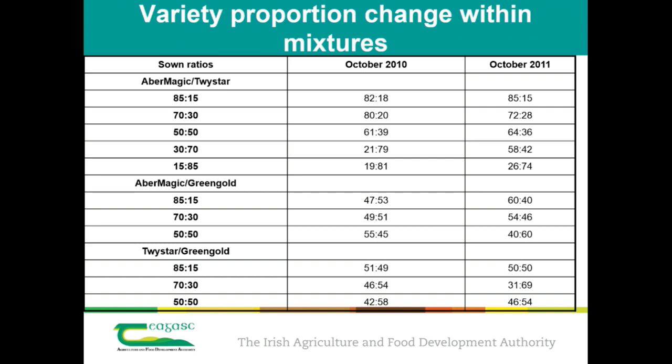So these are two diploids, Abermagic and Twi-Star. The stability of their, let's say, emergence was pretty consistent with what their sowing rate was. However, when we started introducing a tetraploid, and that's what Green Gold is, to the diploid Abermagic and to the diploid Twi-Star, you can see here the sward proportions changed considerably. So much so that the 15 and 30% went to nearly 50% of the sward. The 50% was pretty consistent at 60-40, and the same year this changed. There was a big change on this side. But what we saw here was a 15 and 30% inclusion went to about a 50% inclusion of that variety